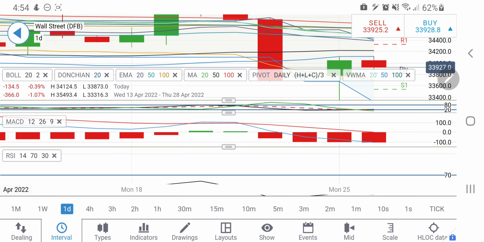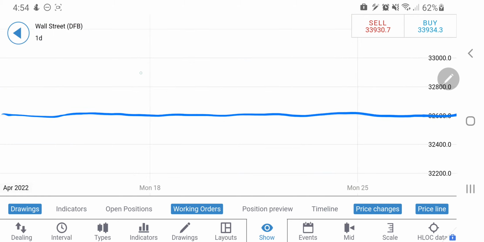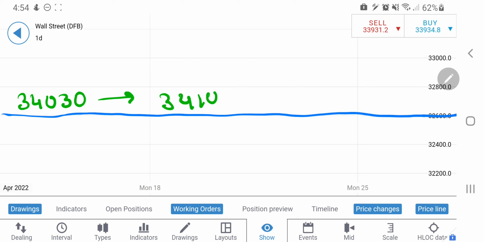So now we have seen the charts. Now let me give you the trading levels for the day. First, let's talk about where to go long. So I'll recommend you to go long at around 34,030 levels. If it breaks this, you can expect 34,100,